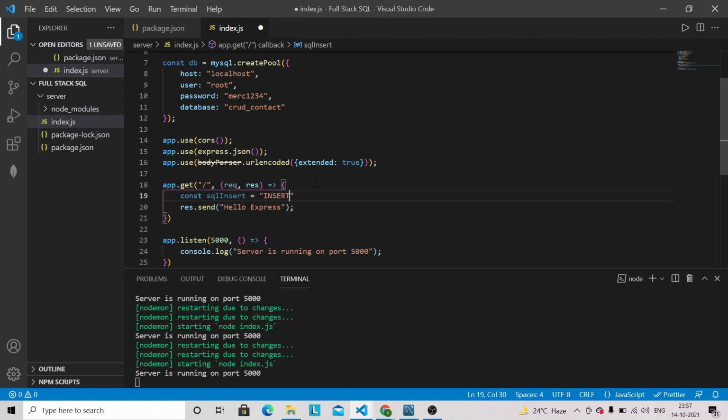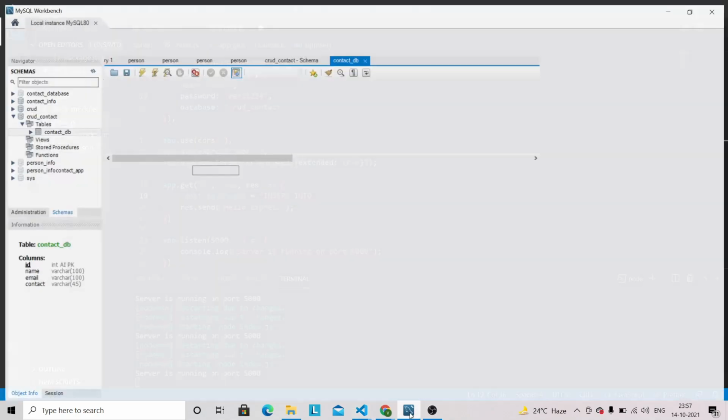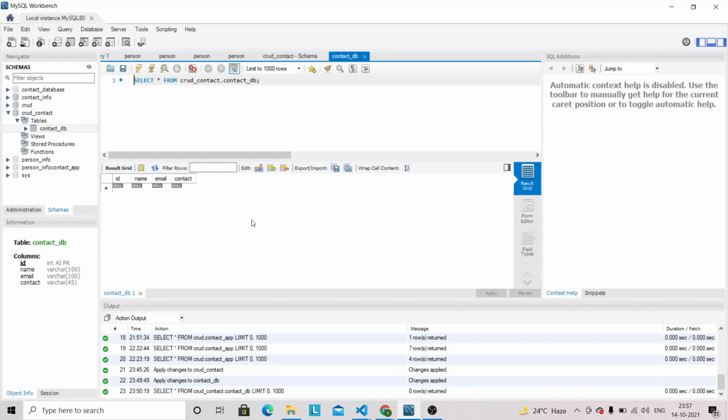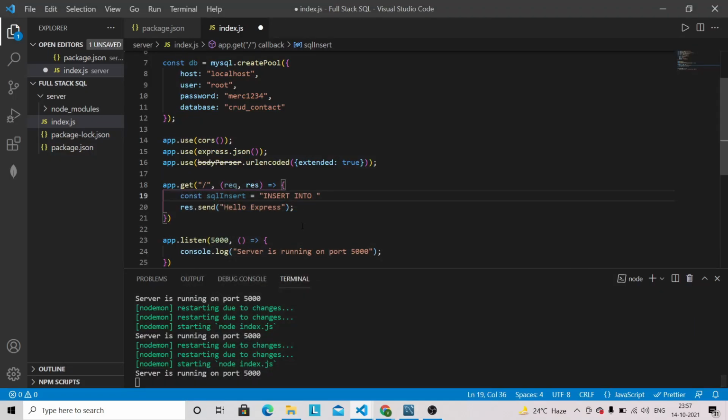So insert into, and we have to give the table name. The table we have here is contact_db. So insert into contact_db, and we have the column names: name, email, and contact, and values.